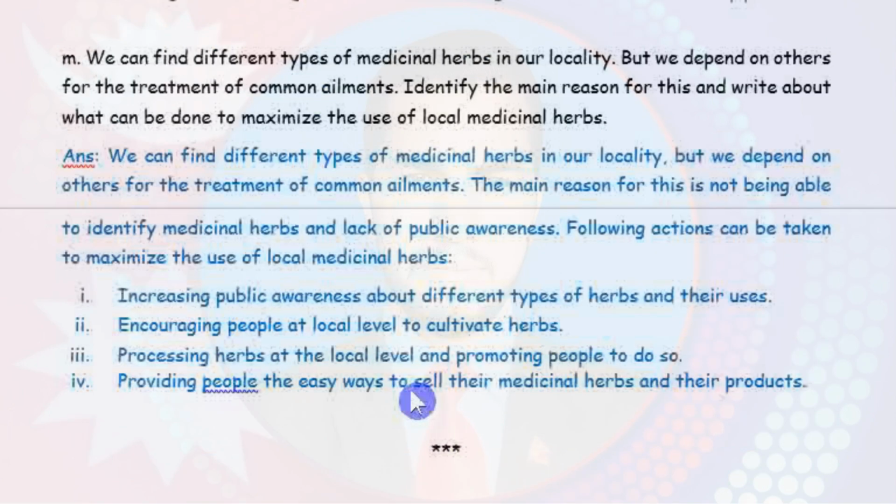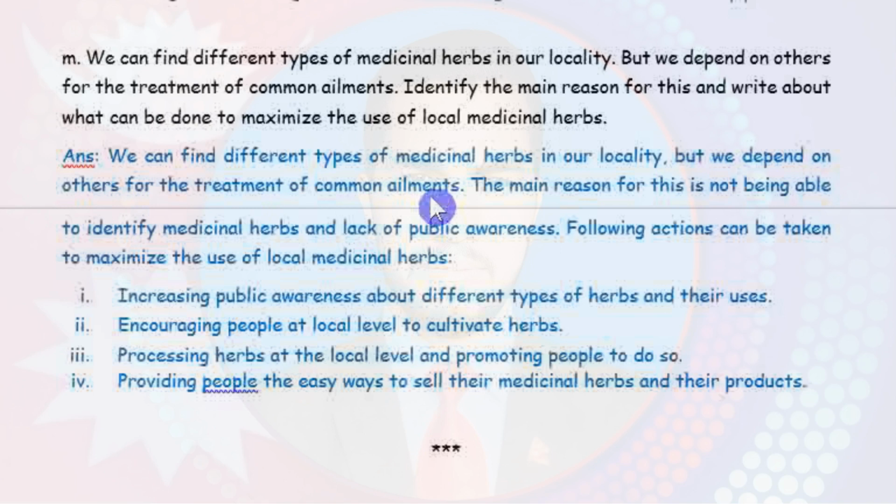Now, M number, this is the last number. We can find different types of medicinal herbs in our locality, but we depend on others for the treatment of common ailments. Identify the main reason for this and write about what can be done to maximize the use of local medicinal herbs. Answer. We can find different types of medicinal herbs in our locality, but we depend on others for the